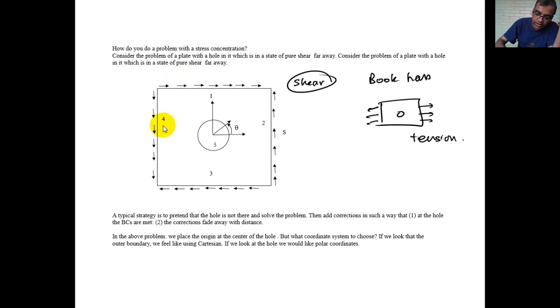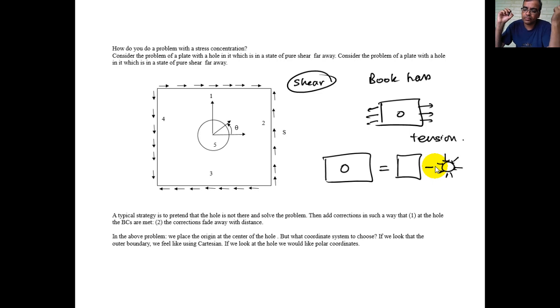Okay, so here is the plate, there is the hole, there are the rectangular boundaries, and I marked the boundary conditions 1, 2, 3, 4. Okay, so the way in which we do is this equals this minus hole with stresses on it. And if I add these two things, it should give me a stress-free hole. That's how it works.